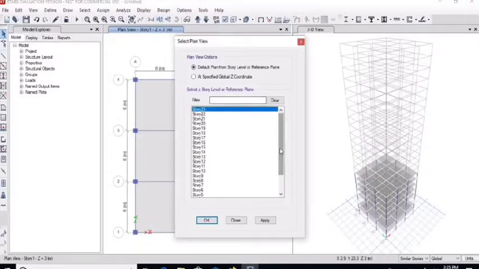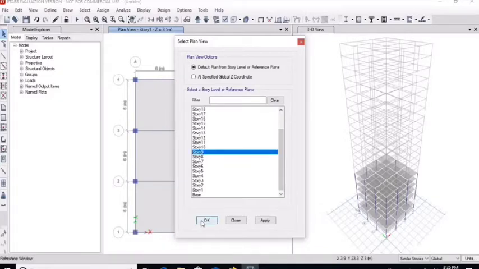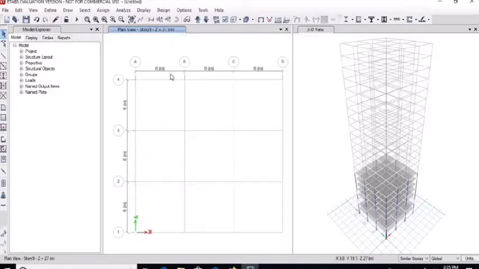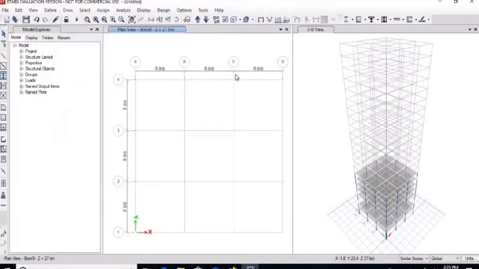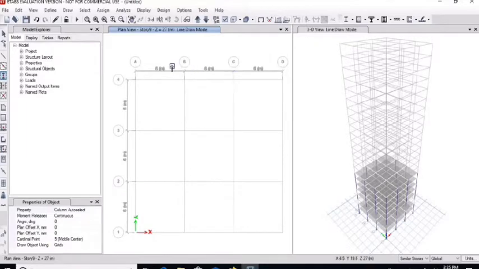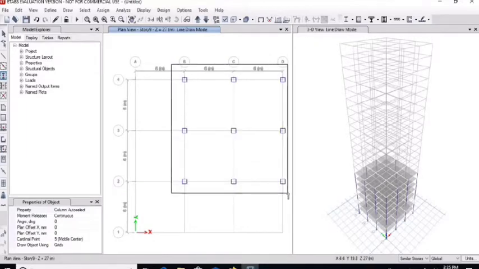Then go to the plan, story number 9 and make sure that similar stories are selected. Similarly, draw the columns as per the plan provided in the design question.